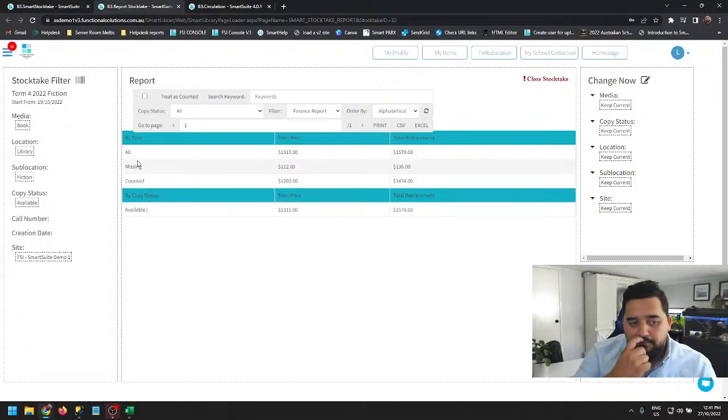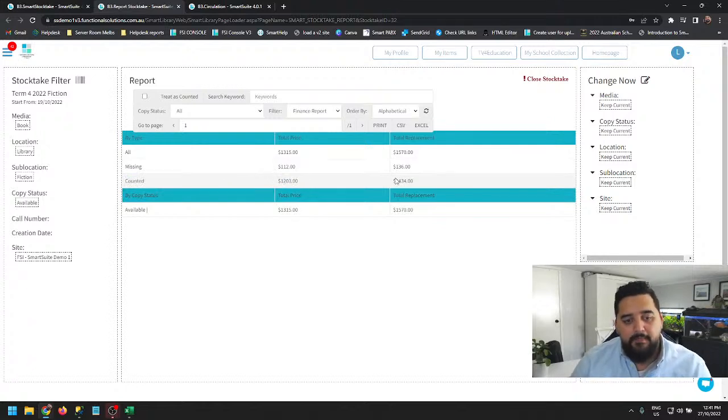in your Stocktake. Now if I go to look back at here, the counted, okay, so you can see here you do have total price, which is your cost field in SmartSuite, as well as your replacement, which is the replacement field. You do obviously need to make sure that your cost and replacement fields are filled out. Not everyone has them filled out, so definitely if you don't have them filled out, have a look at doing that so that you get an accurate report